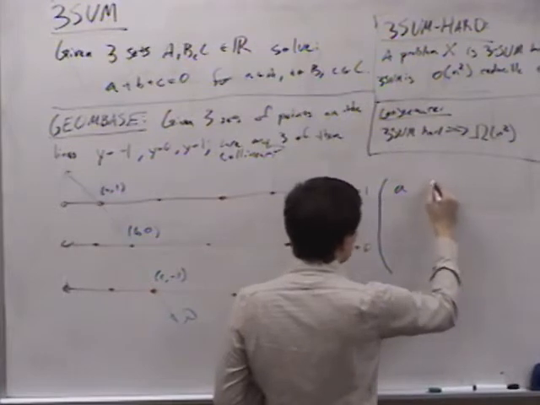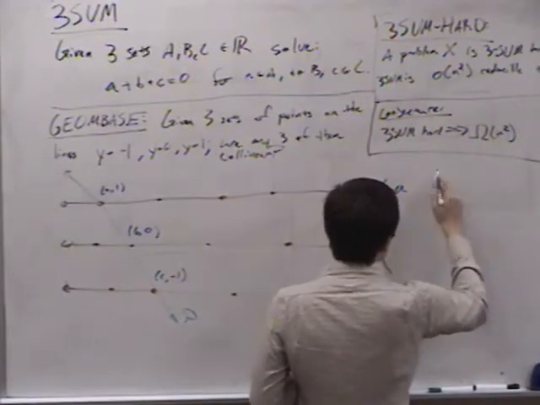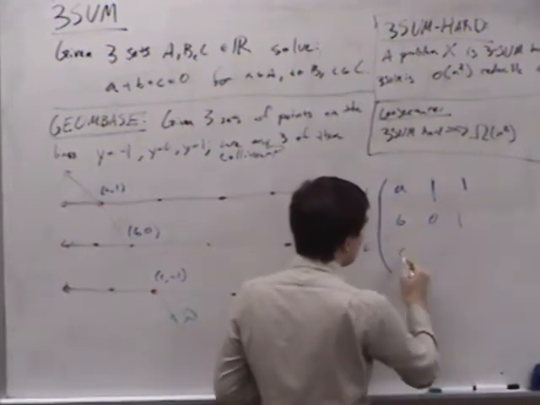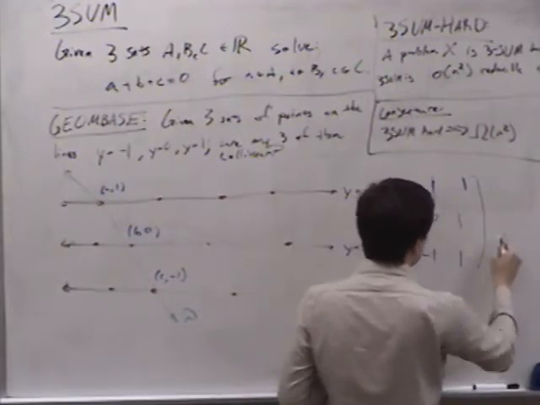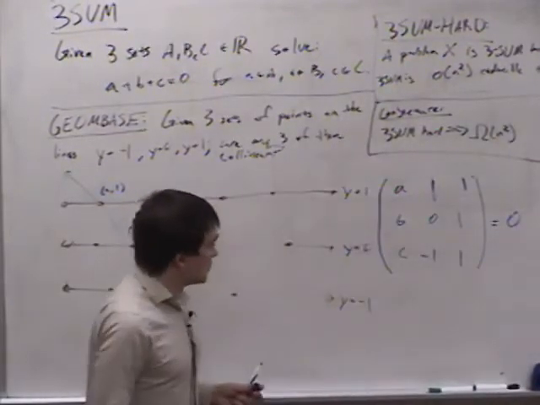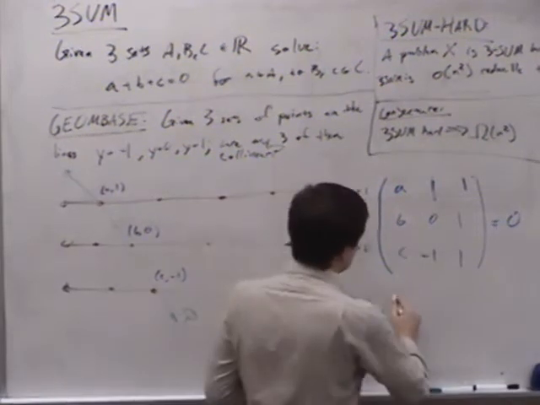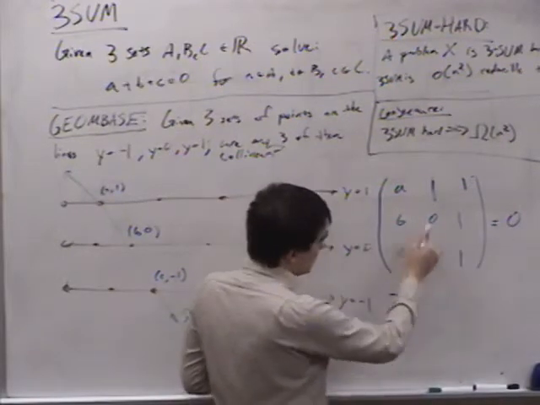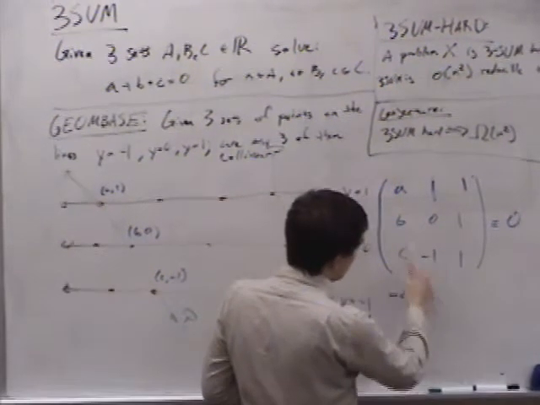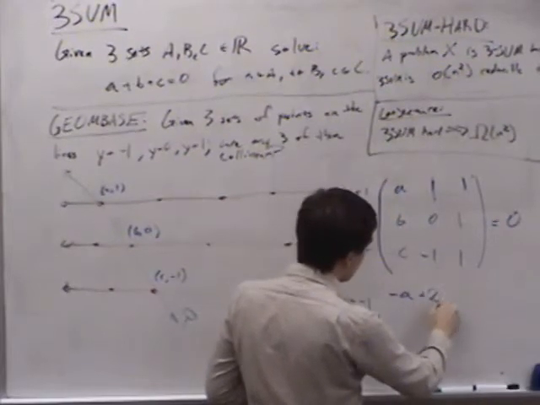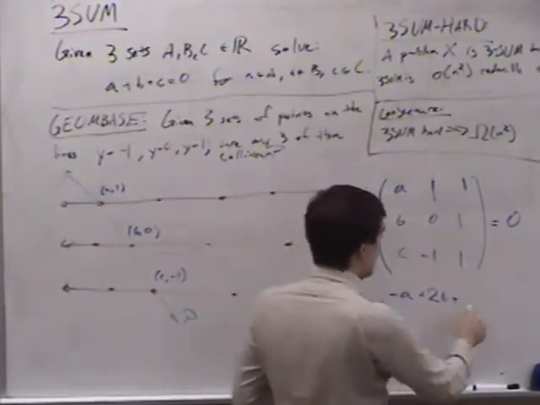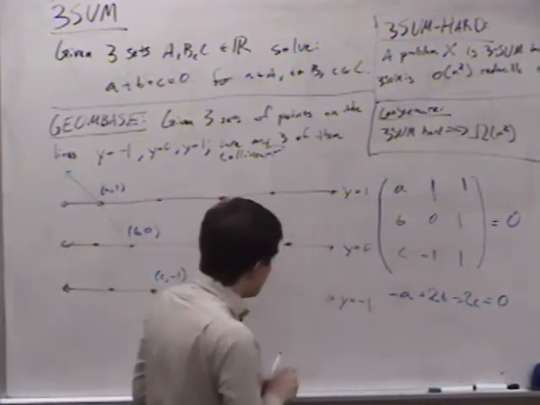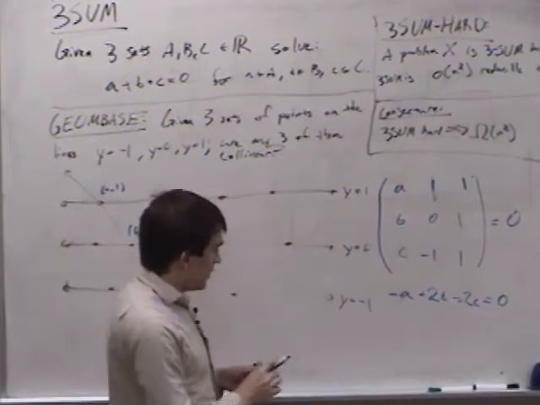So this is basically the same thing as checking if the determinant of this matrix, A11, B01, C-1, 1, equals 0, which, if we expand it all out, gives us this equation: -a plus 1 minus 1 plus 2b minus 2c equals 0. So we can basically use this rule where we'll map